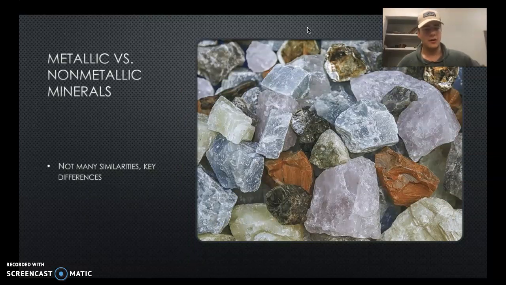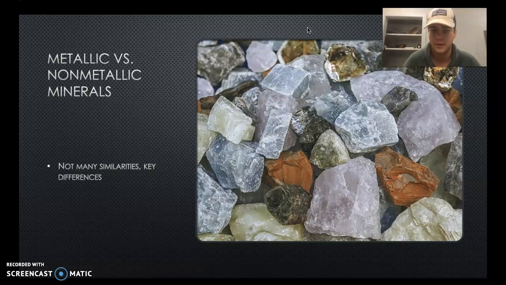So now that you kind of know the basics of both of these, we can do a little bit of a comparison. So you can see on the screen, there's not many similarities because these are basically the opposites of one another. As stated before, metallic minerals have metals in their rawest form. However, nonmetallics do not. Metallic minerals are found in igneous and metamorphic rocks, whereas nonmetallic are usually found in sedimentary rocks